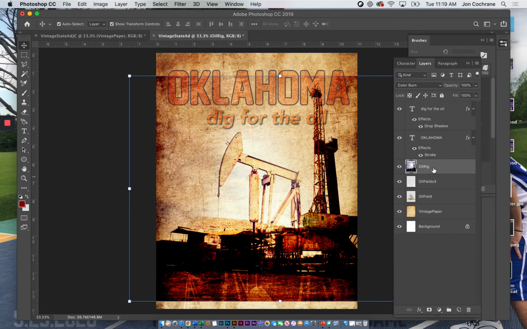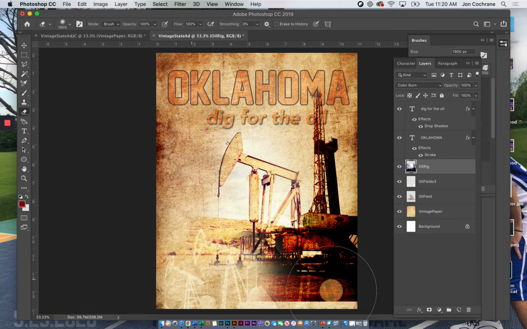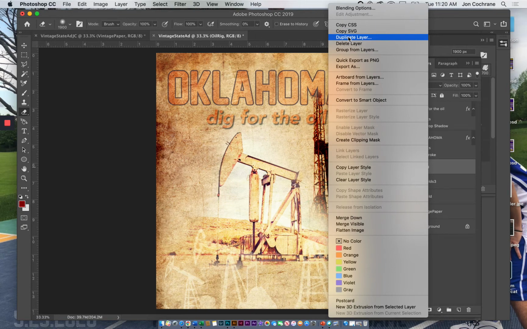Okay, so we'll get rid of that. Okay, and then I might even go in and just erase some of that extra stuff right in there. Okay, and then I'm gonna actually go much larger here and erase all of this. Now, the next thing, I'm going to make a duplicate layer